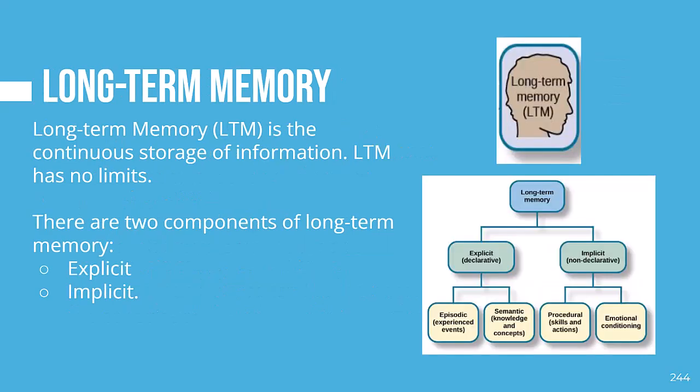Long-term memory is the final stage of the multi-store memory model proposed by Atkinson and Shiffrin, providing the lasting retention of information and skills. Long-term memory refers to the memory process in the brain that takes the information from the short-term memory store and creates long-lasting memories. These memories can be from an hour ago or several decades ago. Theoretically, long-term memory can hold an unlimited amount of information for an indefinite period of time. There are 2 components of long-term memory: explicit and implicit.